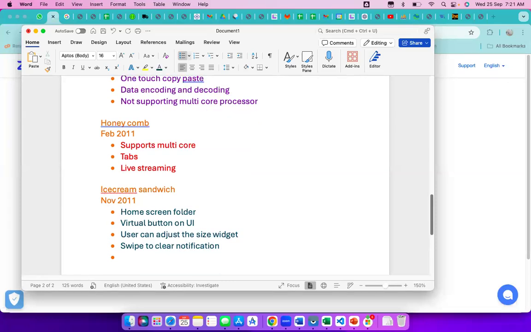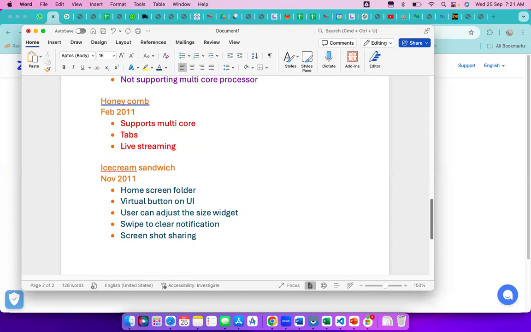Next is the screenshot. Take the screenshot and share the screenshot. That's all in this version, right? Next,